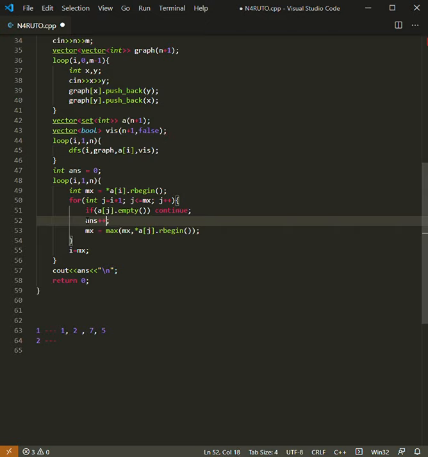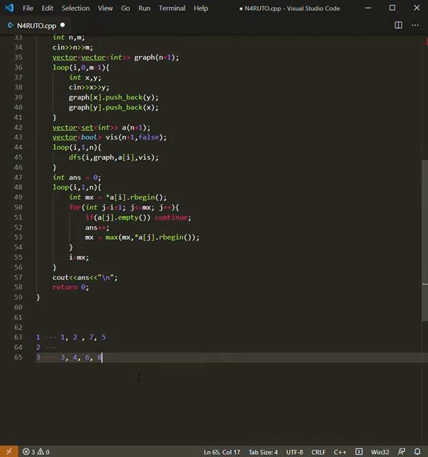And if we don't have that, that means that we are in case 2, so we just increase our answer and set mx to be equal to the maximum of mx and the A[j].rbegin(), that means the last element of the second component. Like this, for 3 we have 3, 4, 6 and 8. Just consider this case.